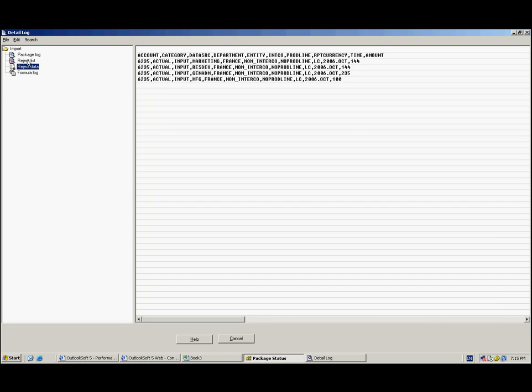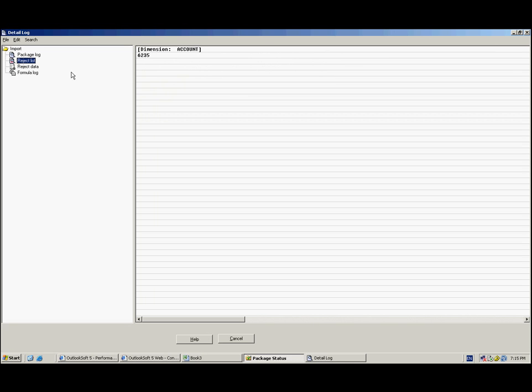Now, the thing that's most important to me, though, is why these records were rejected. So if I take a look at the reject list, I can see I have an account, 6235, that doesn't exist in my mapping file. It wasn't able to find a valid map for this particular account. So I know I need to fix this as a user of